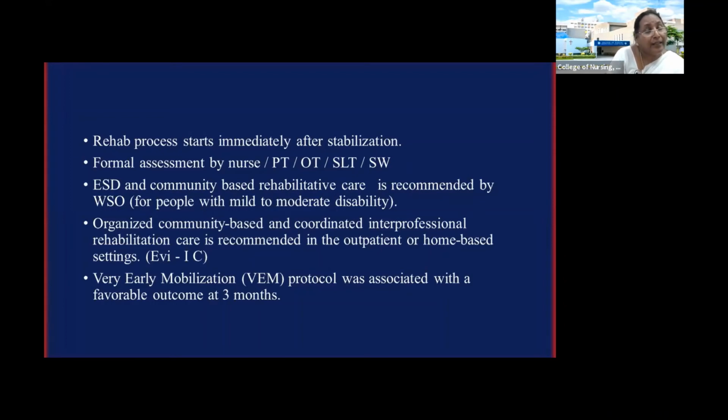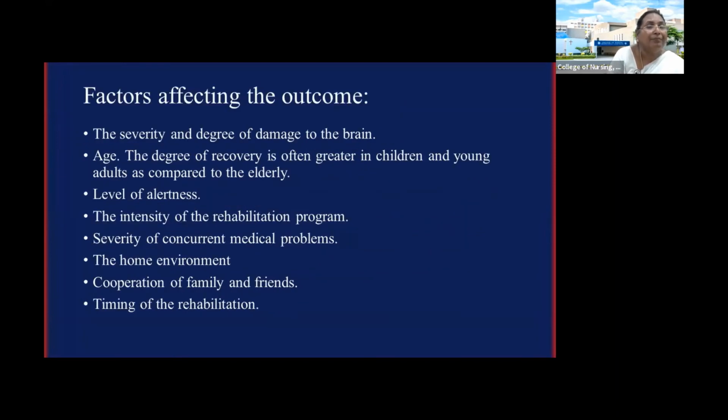In Western countries like the US and Australia, they discharge the patient within 4 days. Four days is the maximum that they keep a stroke patient in the hospital, and after that the patient is shifted to a nursing home. You can see this in many articles and evidence. We are not able to do it now, but soon we will also start doing it in India.